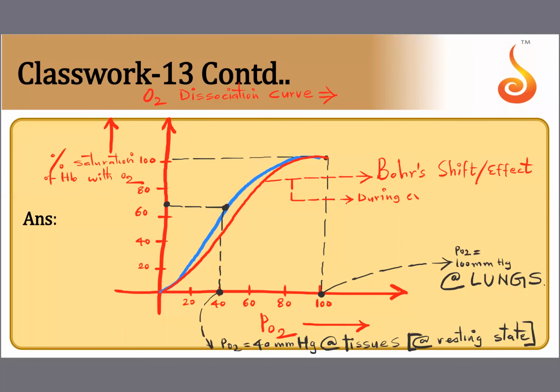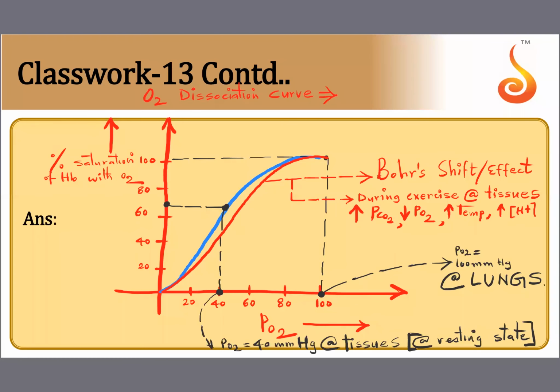During exercise, or say you're doing some mild to strenuous exercise, your partial pressure of oxygen at the tissues. The conditions here also, we are talking about tissues only. There is very high partial pressure of carbon dioxide than normal, because now you are not sitting quietly, you are exercising. And there is low partial pressure of oxygen. We know anyway it is 40. There is also very high temperature, and there is also very high H plus ion concentration.